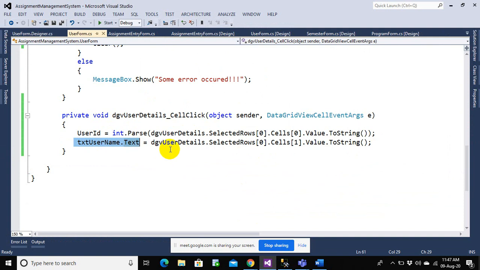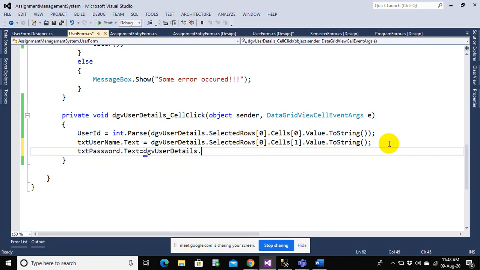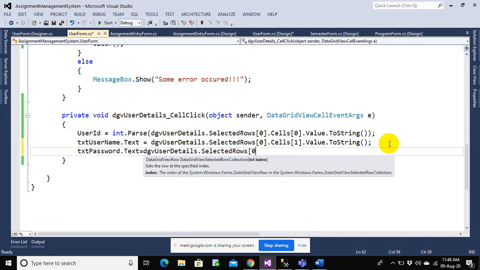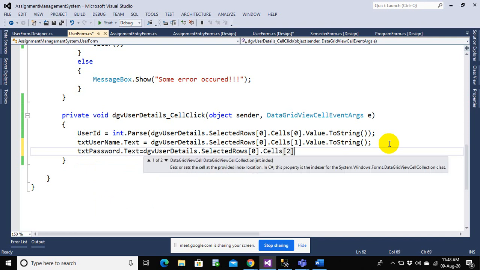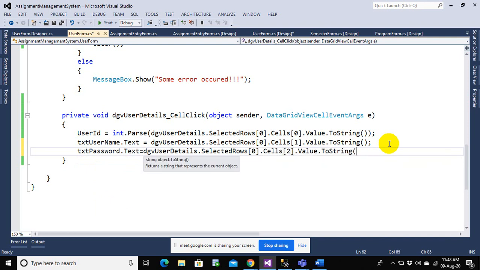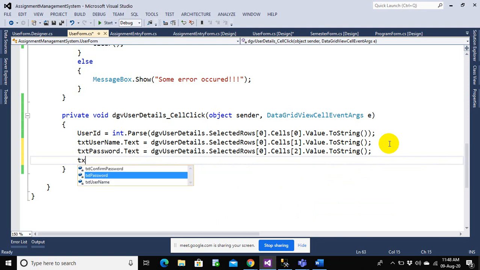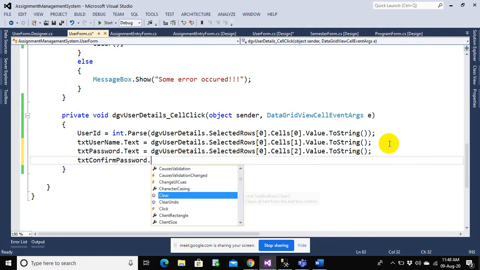So that's why I just did dgb user details, the selected row 0th row and first cells dot value dot to string. Similarly, I can just do txt password dot text be equal to now dgb user details dot selected row 0 dot cells 2 dot value dot to string. Again, txt confirm password is also the same.